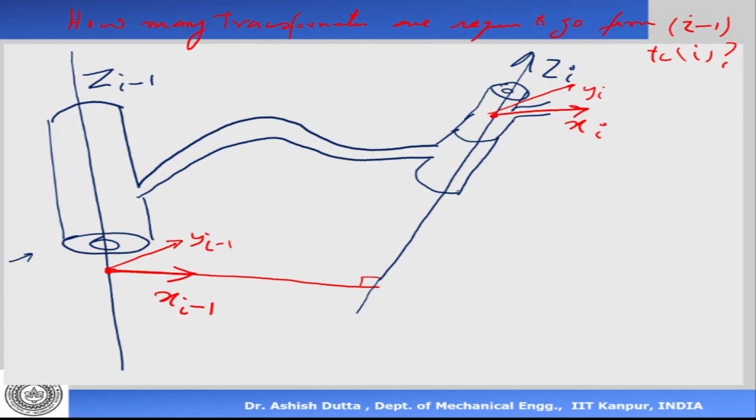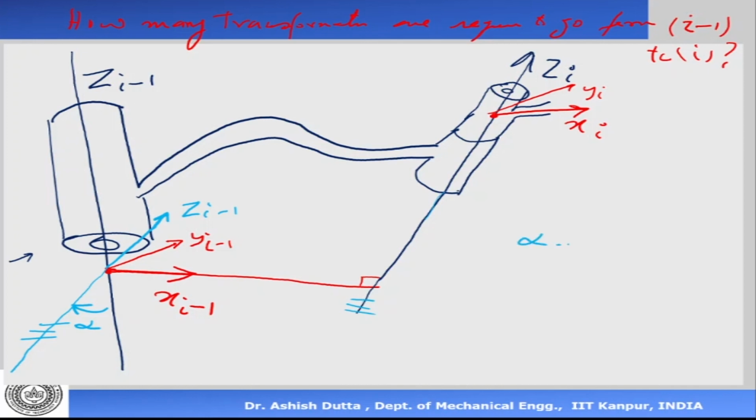Let us see. The first thing I do is draw a line parallel to this. I will try to align axis i-1 with axis i. How many transformations are required? I draw a line which is parallel to this, so this and this are parallel. Then I move my x_{i-1} axis by an angle alpha, so my z_{i-1} comes here. So now z_{i-1} is parallel to the next z_i. What did I do? I moved by an angle alpha.